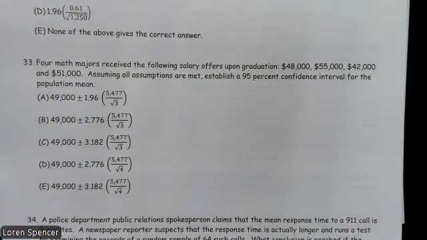33. Four math majors received the following salary offers upon graduation: 48,000, 55,000, 42,000, 51. Assuming all assumptions are met, establish a 95% confidence interval for the population mean. All right, so we have a problem here. First off,